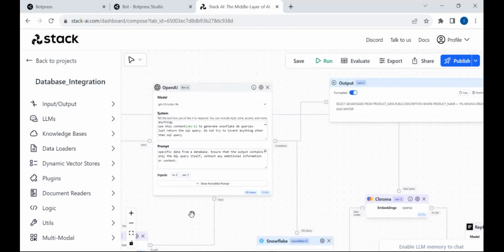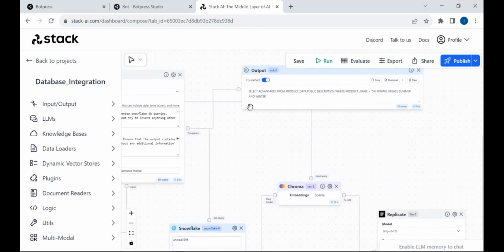Now, once the LLM runs, it generates an SQL query. You can see that I've connected it to output. It is selecting advantages from the table where product name is equal to 5% mining increase, summer and winter.